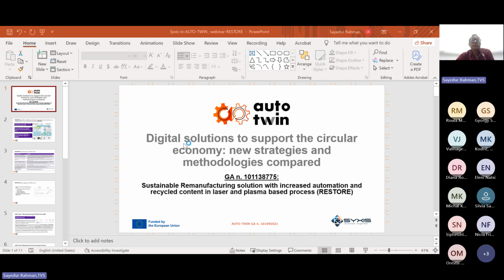We have 4 use cases, and there are 4 use case partners. The RESTORE platform is a European initiative that brings together sustainable remanufacturing, digitalization, and circularity strategy across several industrial sectors, covering components that cannot be repaired or need excessive heat input or dilution, as well as requiring extensive post-weld machining or need preheating and post-welding heat treatment, and some cases need to be replaced by a stronger component.